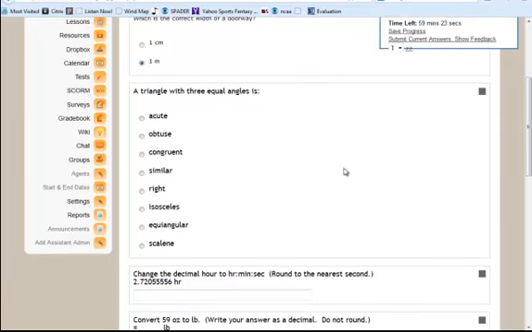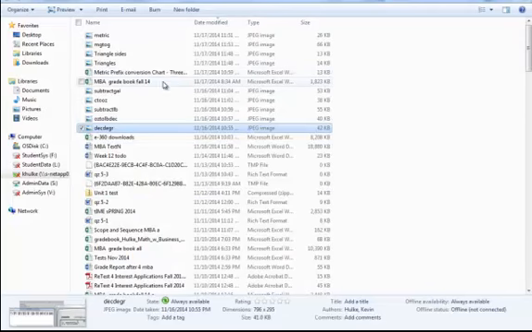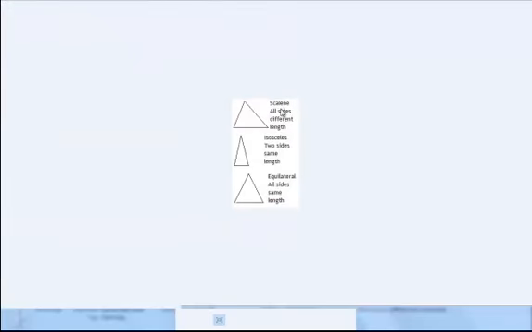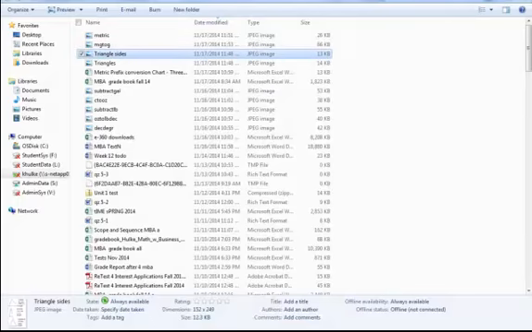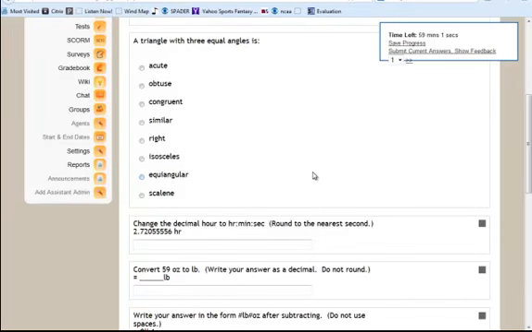A triangle with 3 equal sides. That's also in our diagrams. I'd like to show you the choices. Scalene, all 3 sides are different. Isosceles, 2 sides are the same. Equilateral, all sides are the same length. So that's what you want to pay attention to when you get to